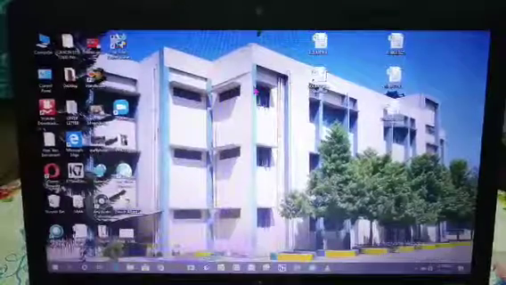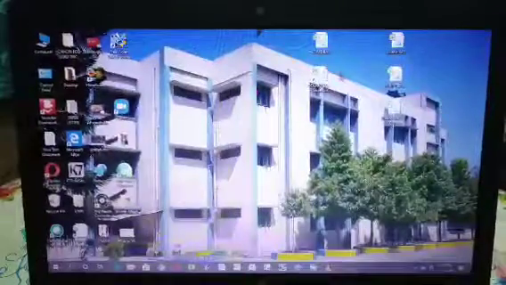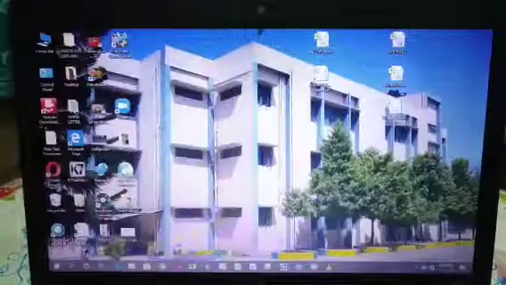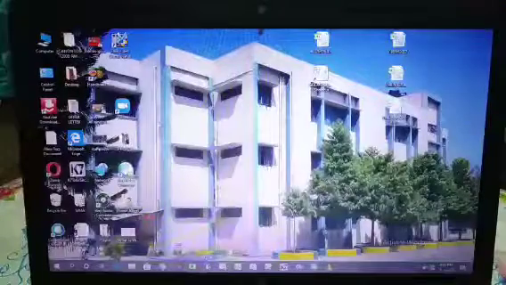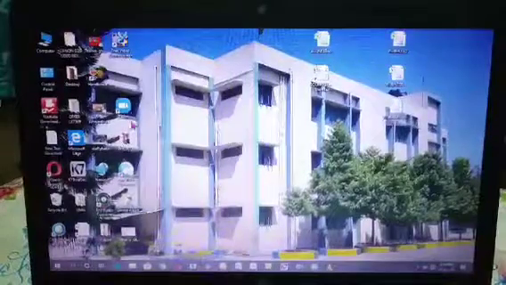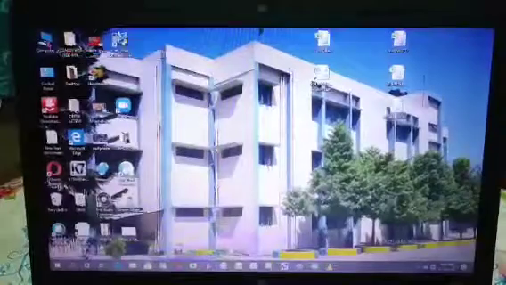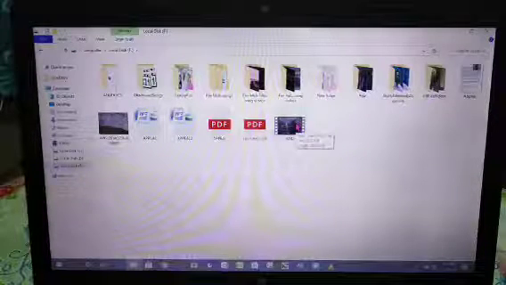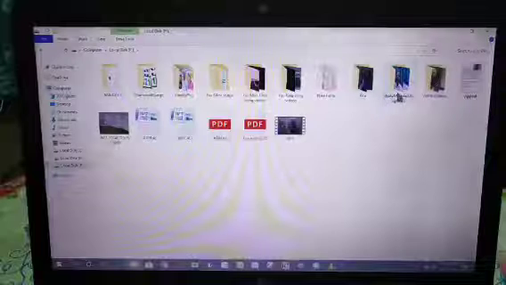Okay, so suppose we have this file, and let us copy some other file from another drive. So this is my computer icon. Suppose we go to this F drive, and from here we want to copy this file, computer study material 6 set 2.